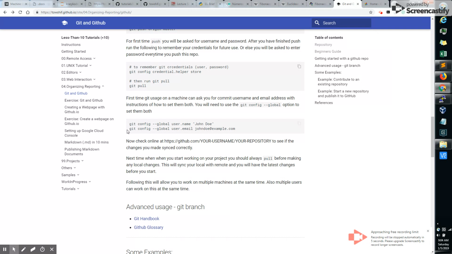Once you have done all that, you have pushed your git repository, then you should be able to go to the